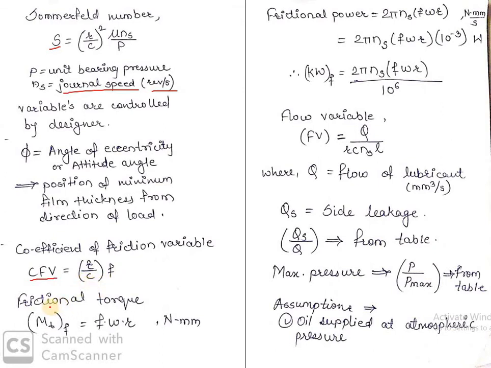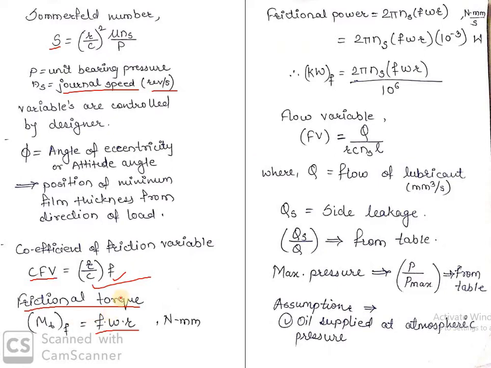So next is to find out the frictional torque. What is the significance of this actually? Once you know this, then you can find out f. If you know f, then you can use it to find the frictional torque. Frictional torque is force into distance. So frictional force will be radial load into coefficient of friction, so Fw f, and the torque is that into r.